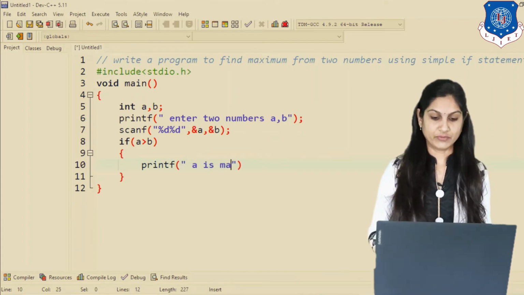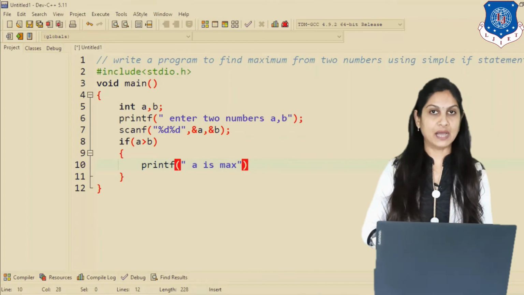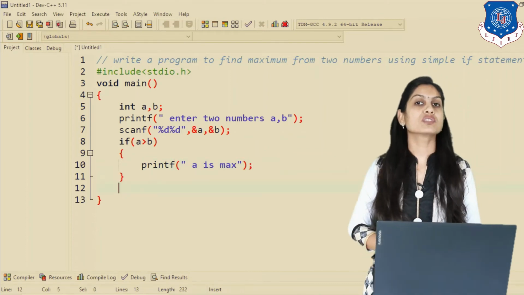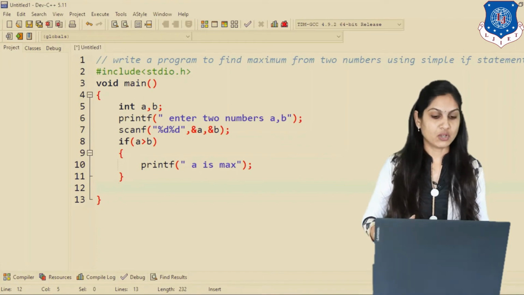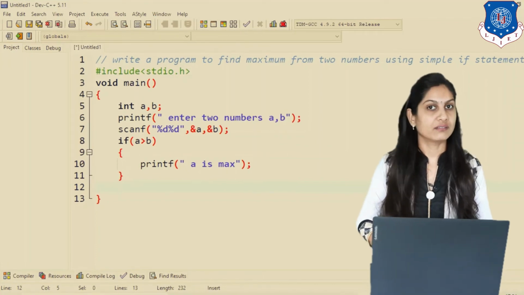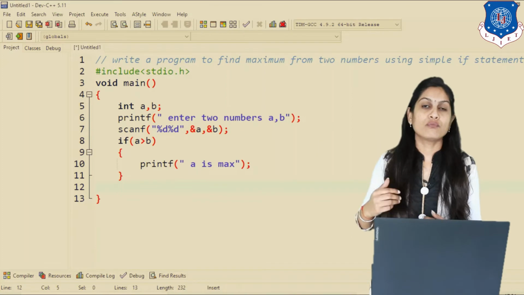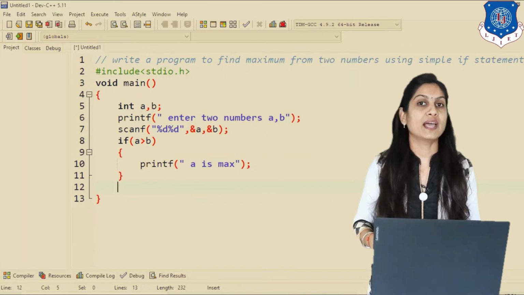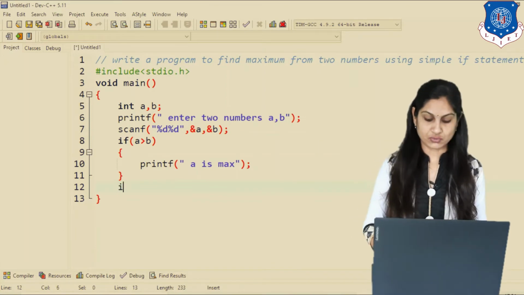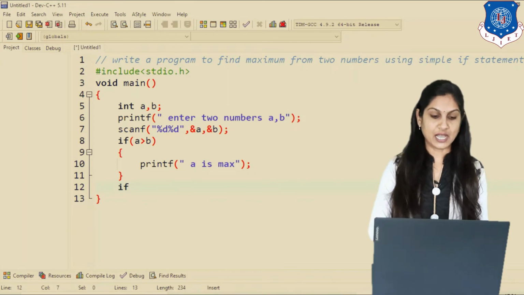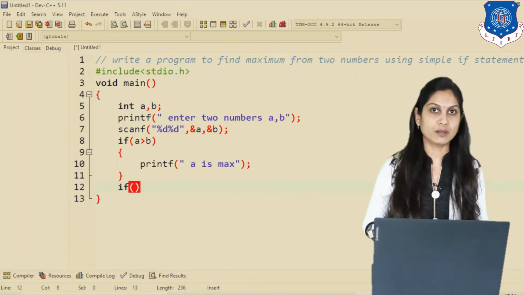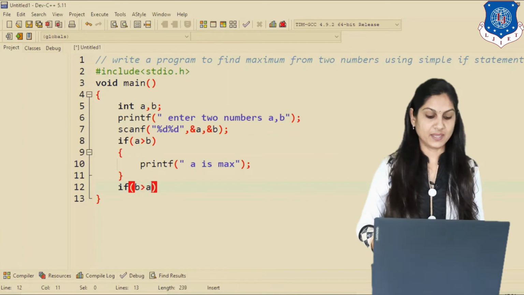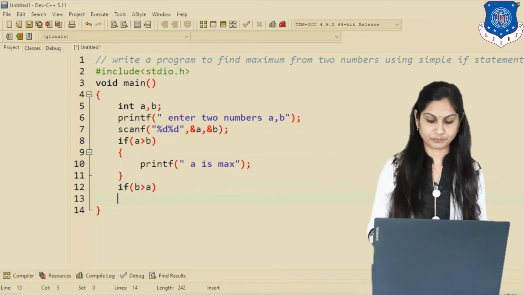Clear? After that, suppose b is max, then how can we write it? Because here, if a is max, that message will be displayed. So for that we have to apply simple if again. Write an if part again after the first if, and in that if put the condition b is greater than a.